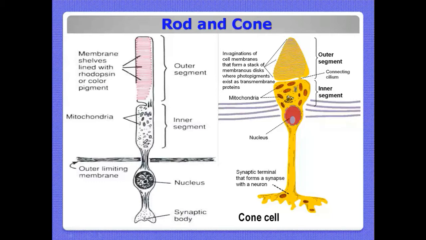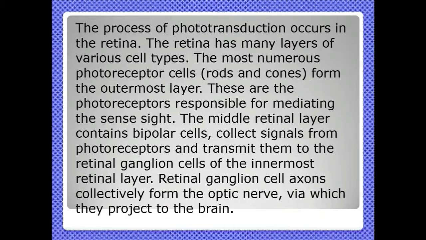So the process of phototransduction. What is phototransduction? The light energy comes from the eye lens, which falls on the retina. Then it comes to the rod and cone cell layer, where the outer segments of the rod and cone cells have photopigments. These photopigments will convert the light energy into electrical energy. So this process is called phototransduction. Photon energy is converted into electrical energy. That is the thermodynamics law: one form of energy is converted into another form of energy. So that process occurs in the retina, especially in the rod and cone cells.